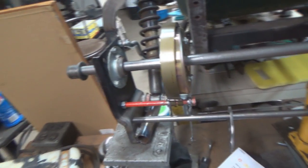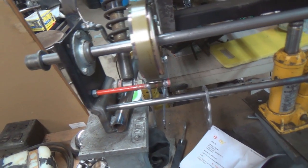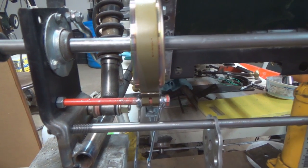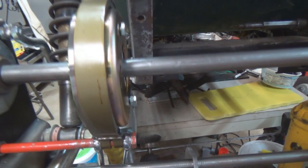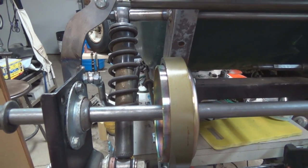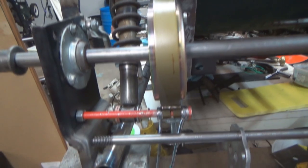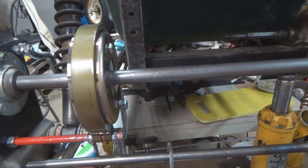Now, when we come back here, and this is not anchored in place, obviously, I have a 6-inch 3/8 bolt, because that's all it uses is 3/8. That has been installed. I drilled a hole here in our carrier plate. It has been bent to follow the angle, because our carrier plate for the axle is at an angle. It's not square with the frame or the body. So I bent this to accommodate that angle, and I'm going to take these two wrenches,